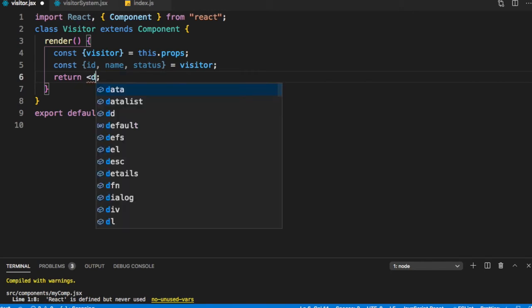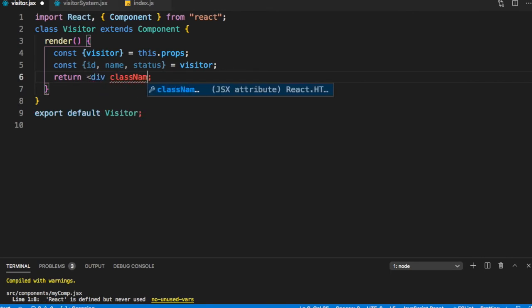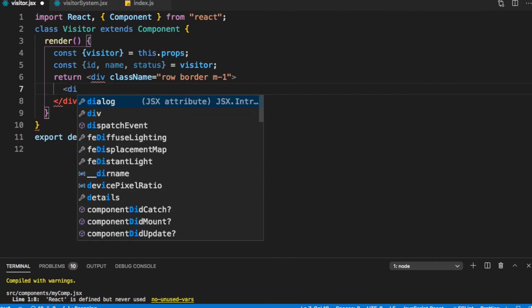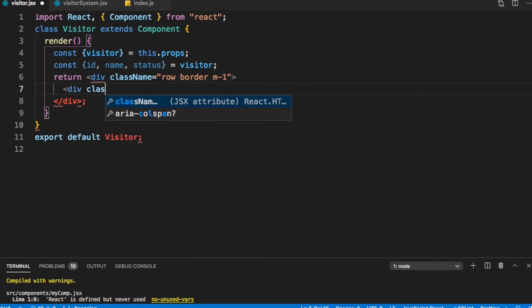Let's put it in a row. So div className is equal to row. Let's put say a border. Let's put say some margin. And within that, we just want to show these three things and the button. So let's just display them. So div className is equal to column 3.